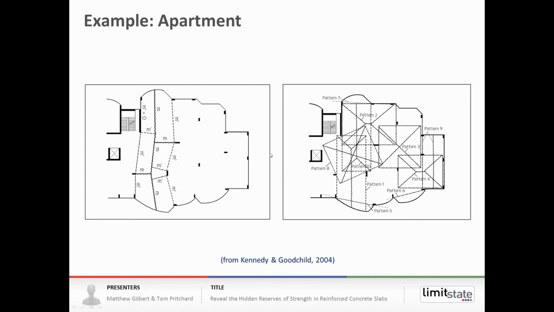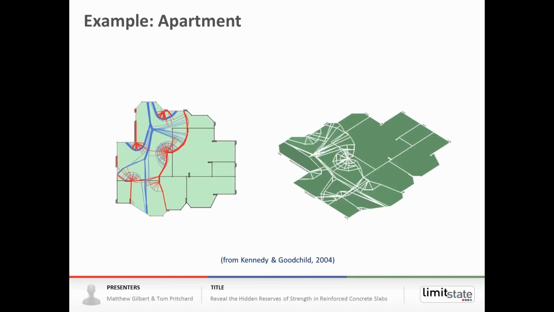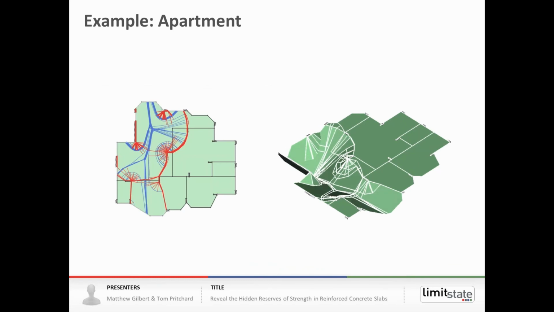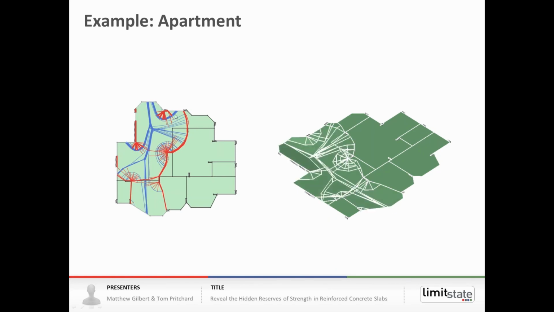With the software, all you need to do is get the geometry in and press a button, and a few seconds later you will see the yield line pattern. And in actual fact, the pattern is quite close to the folding plate mechanism that was suggested. It's a little bit more complex. It actually intrudes a little bit more into the interior of the building than was proposed, and so the